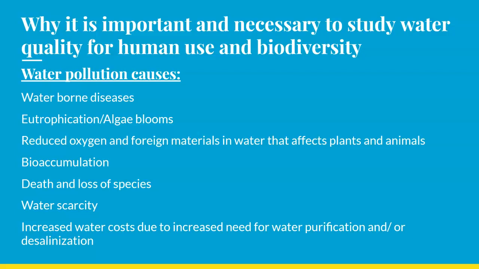Water pollution can cause diseases, and it can cause eutrophication, which can reduce water quality. Introduction of foreign materials and chemicals in the water can affect plants and animals and be toxic to them. Bioaccumulation can occur where compounds or contaminants enter the food chain and travel up the food chain. Death and loss of species can occur